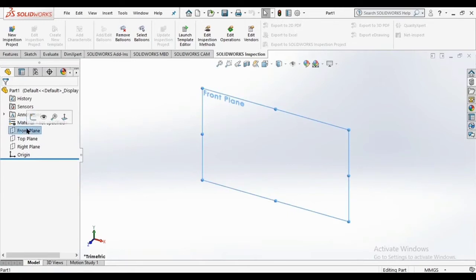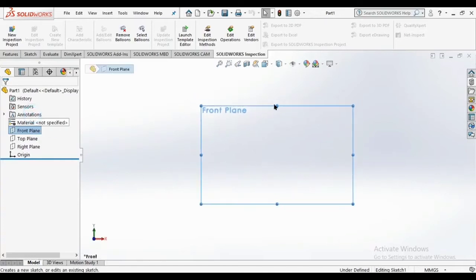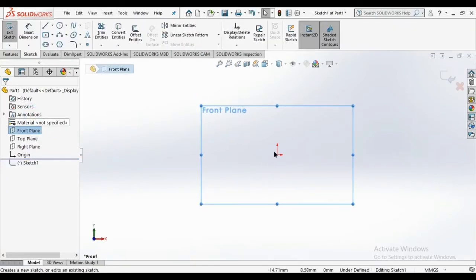When you click on front plane, there will be some commands which arise just above the front plane. So we have to select sketch. Okay, so this is origin, this is horizontal of the plane, and this is vertical of the plane.